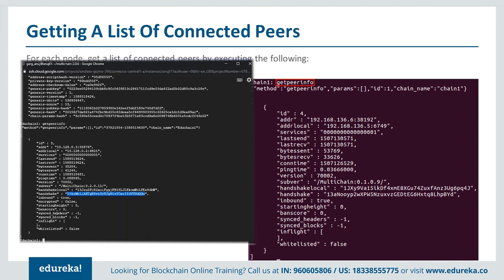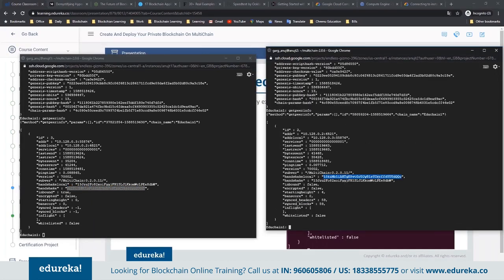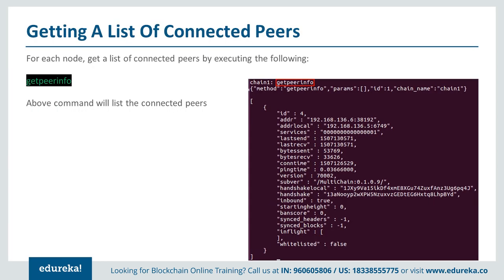Inbound is true, encrypted is false, starting height is this. Similarly, you can run it from the other node. Get peer info. Here it will show that I am the current node and this is my peer node. So this is get peer info. If you have more than one peer, then it will show you the information for all the peers.